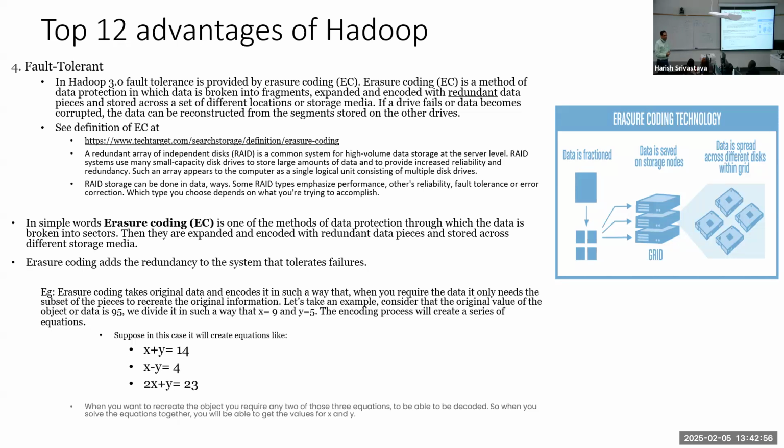They don't know. If I store these three in three disks, one has this information, the second has this information, the third has this. Even if a person has stolen one, what will he understand? In order to get the correct data, you have to solve these equations. X plus Y is 14, X minus Y is 4. Adding these, 2X is 18, so X is